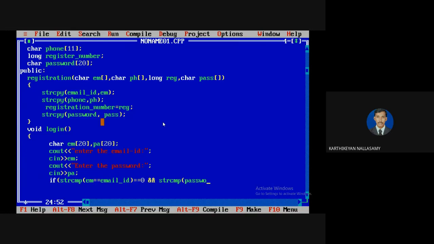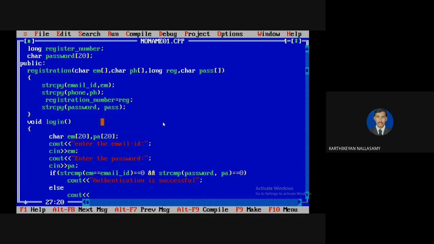So password compared with PA equal to 0. If it is okay, then you can say authentication is successful. Else say not an authenticated user. You can define it like this.